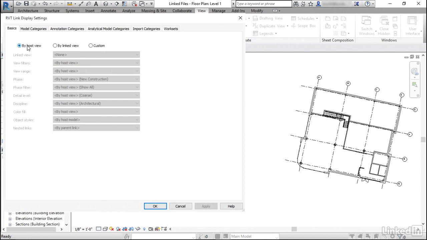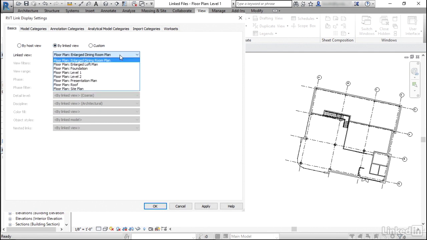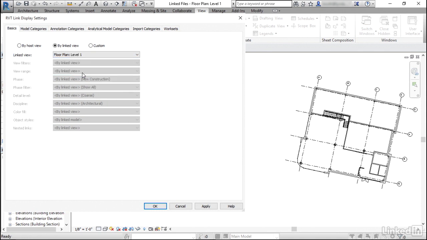By Host View is what we're currently set to, but we also can do By Linked and Custom. So I'm going to choose By Linked View, and that will give me a list of the views within the restaurant file. Now, there's an enlarged dining room or an enlarged loft plan, or I can choose any of the other floor plans. So I'll just simply select the level 1 floor plan from the restaurant file and come down